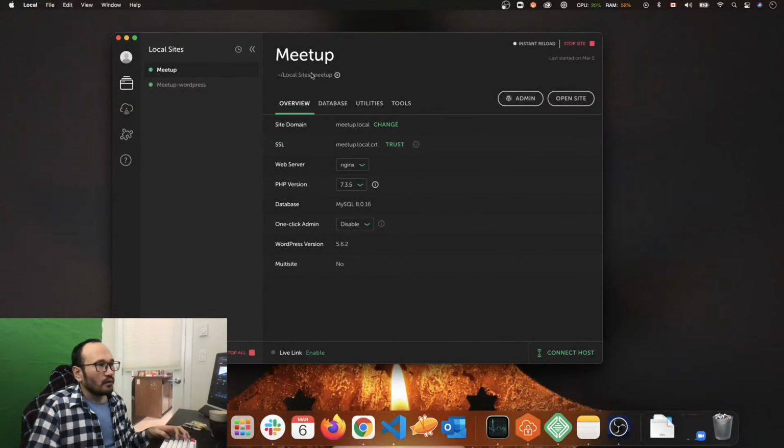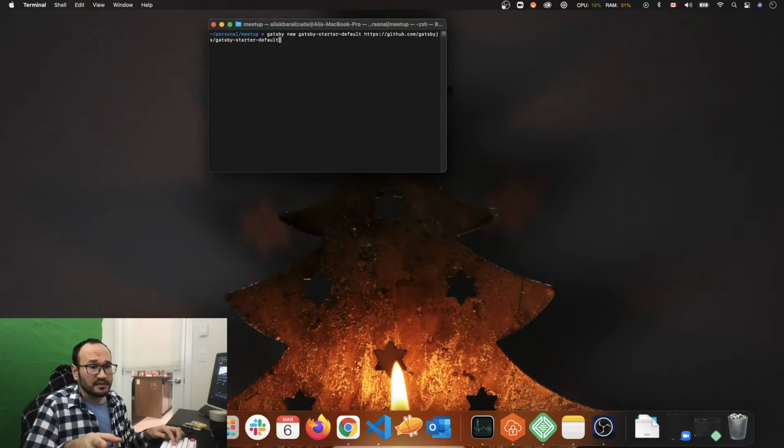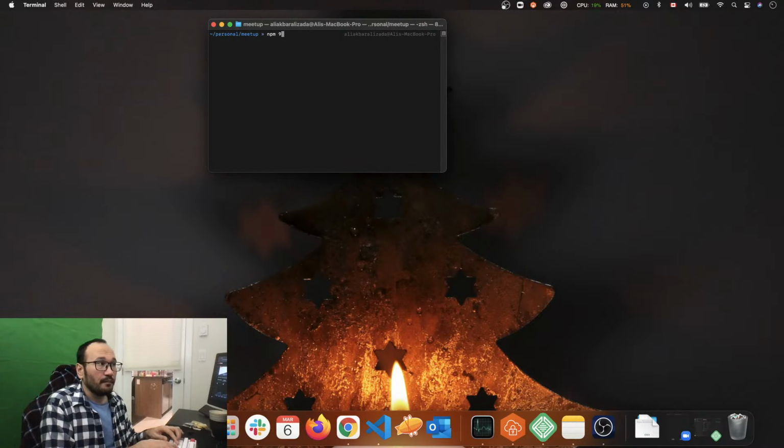To do that, you need to have the Gatsby CLI installed, and to install the Gatsby CLI, you need to run npm install -g gatsby-cli. First you need to do that, and when you have it, you can just use the gatsby command.